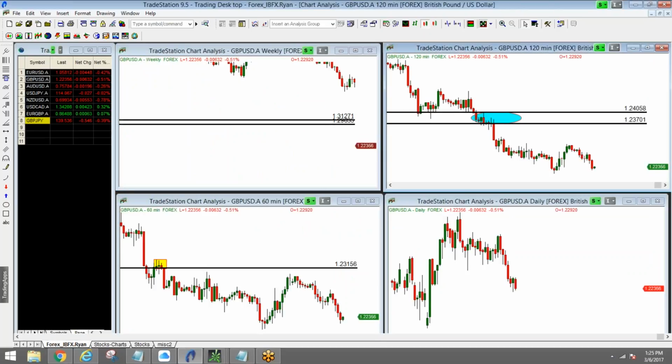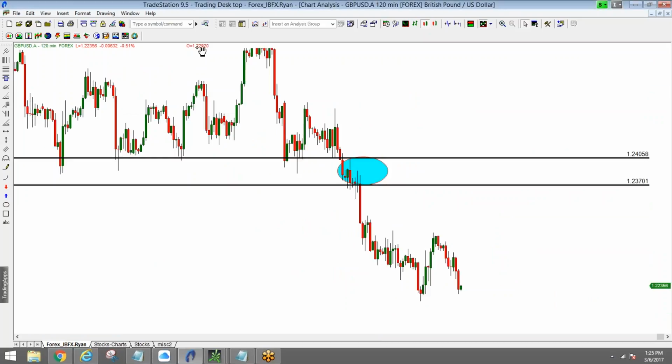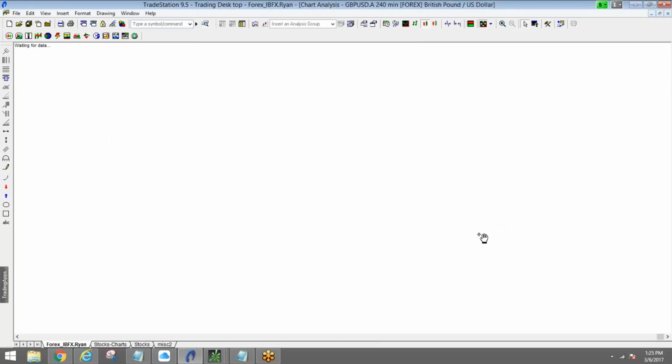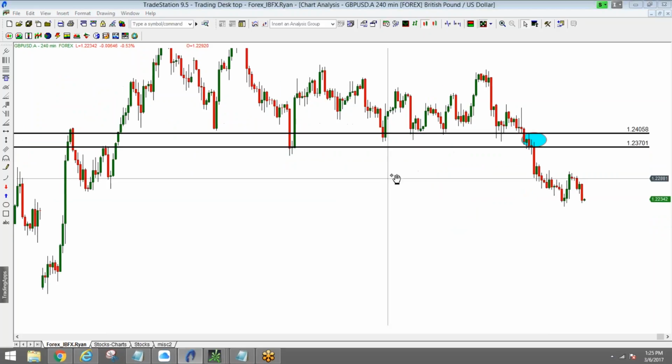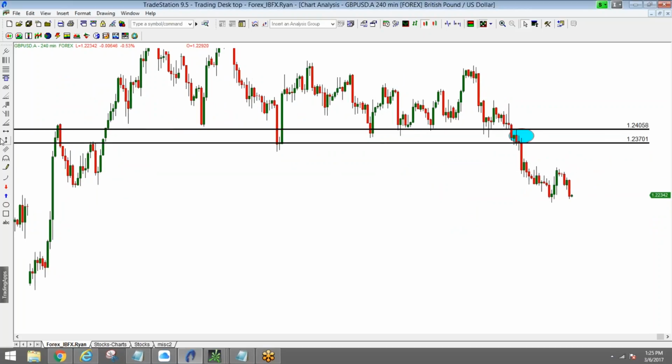Let's go over to like a 240. There it is on a 120, but let me go back to the 4-hour chart. There you go. Okay, that looks nice. So this is going to be a little bit closer. Not too far away, 350. So I can see this happening depending on movement today or tomorrow. Sometime this week this could get hit. If not, I don't think we have anything below to really...